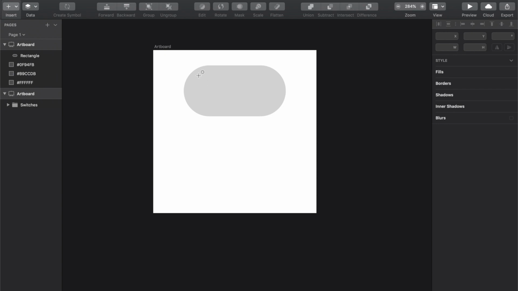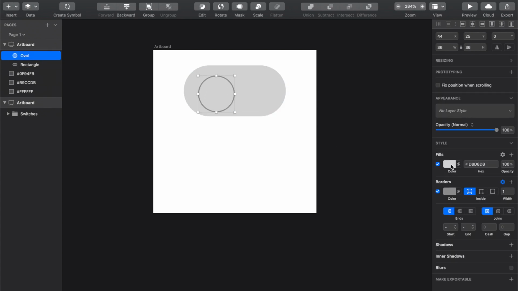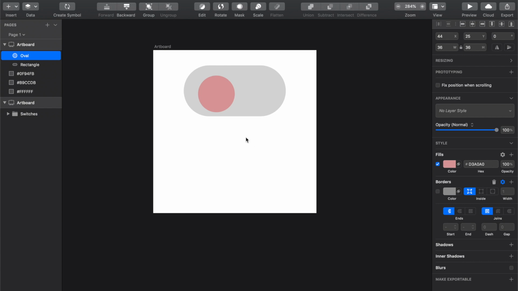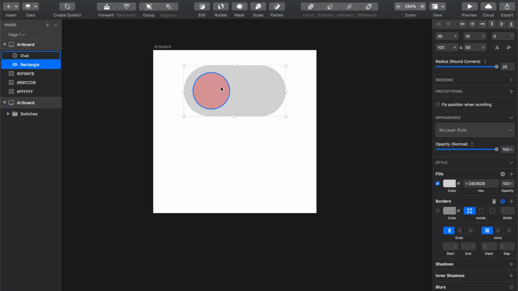So I'm going to press O on the keyboard, hold down Shift on my keyboard, and this will lock the width and the height, and just drag. And for this, let's go ahead and change the color so we can see what we're dealing with. And as always, get rid of the border. So in this case, I want it to be slightly smaller than the height of the background rectangle. So in order to do that,